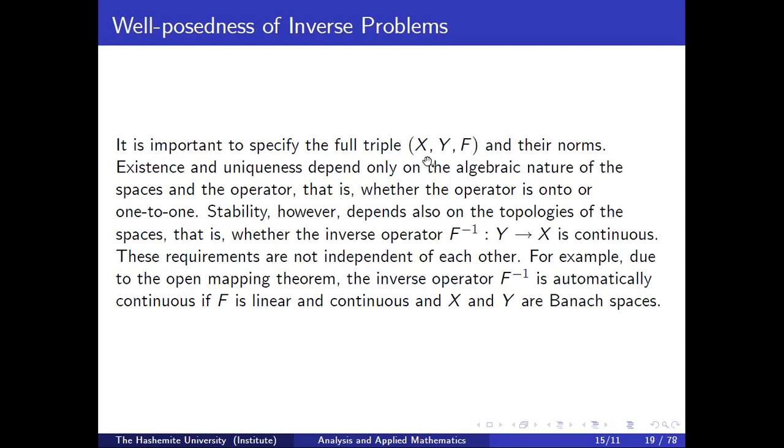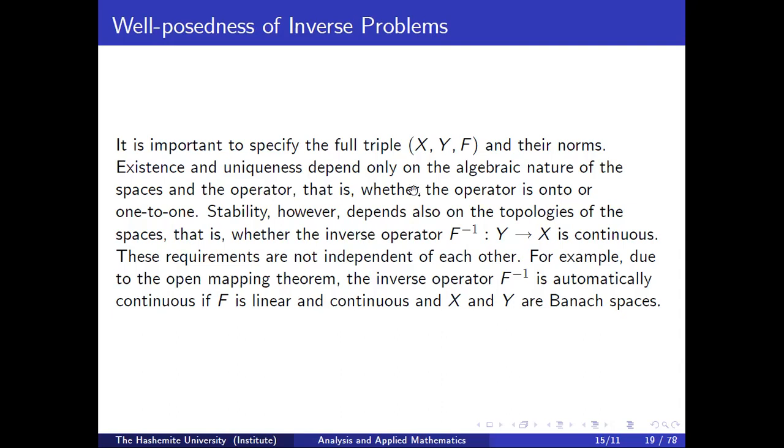Now, when we talk about these three properties, one-to-one, onto, and f inverse is continuous, we know that this depends on x and y and the operator f, especially because we are dealing with the spaces x and y. Maybe they are normed spaces, maybe they are Banach spaces, maybe they are Hilbert spaces. So the nature of the spaces and the operator will play a major role in determining whether